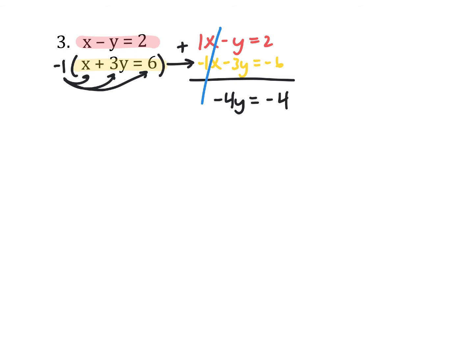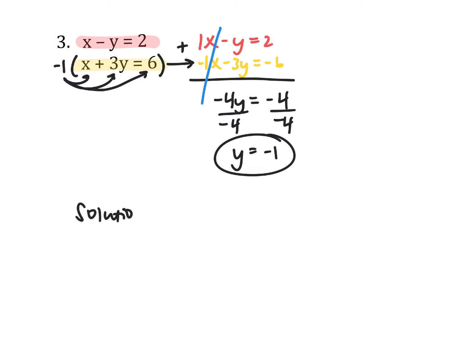2 plus a negative 6 is a negative 4. So this one had one extra step before we could combine the equations. And now we can divide by negative 4 to get y by itself. So y equals negative 1. Sweet. Not too bad. So we know so far for our solution for that 1 point, we got the y